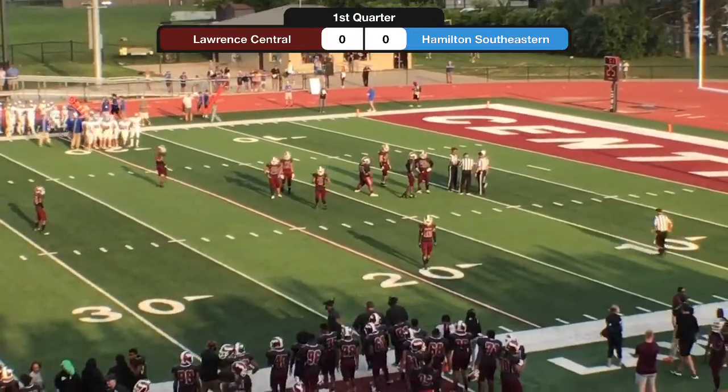The Lawrence Central offense was moving pretty well. I mean, in that opportunity, you definitely have to...